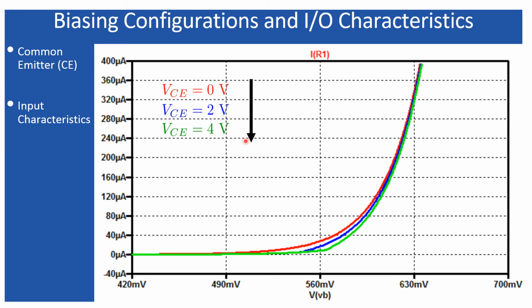But right now, since the chances of recombination get reduced, fewer holes will take part in the recombination process. As a result, less current is required to replenish those fewer holes, and that causes a lesser current in the case of common emitter configuration. So that is why base current is decreasing when VC is increasing.